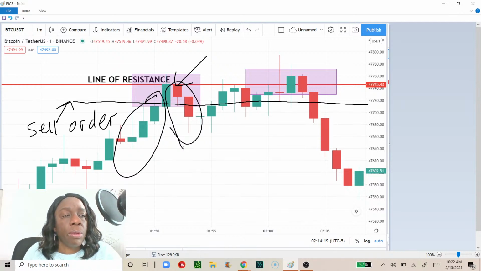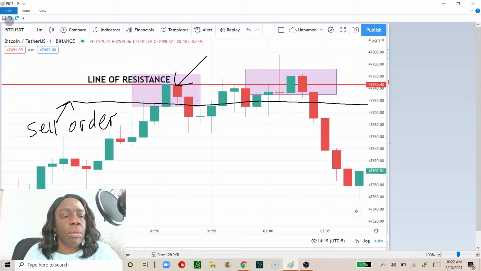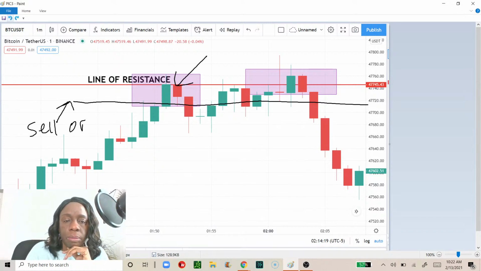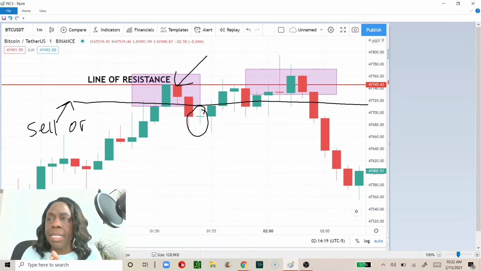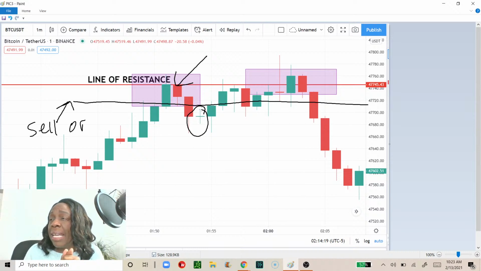Now I'm going to try to clear my screen here. Because you see this down here, does anybody know what pattern that is? That cross-looking sign. Anybody can identify what pattern? You can type it out. Let's see if anybody knows their candlestick patterns. Anybody want to hazard a guess? There are different kinds of candlestick patterns for those who don't know.